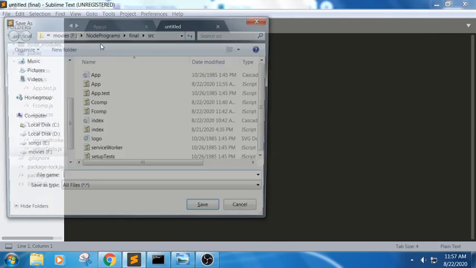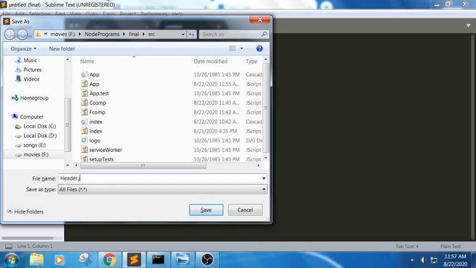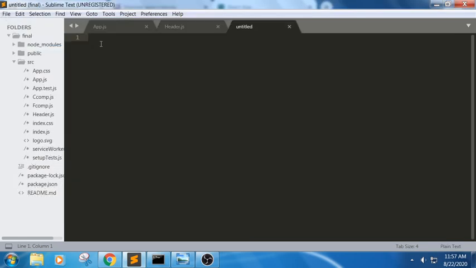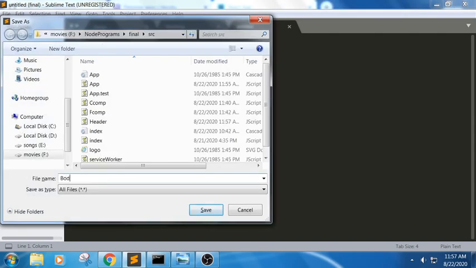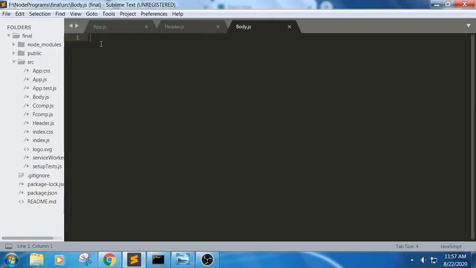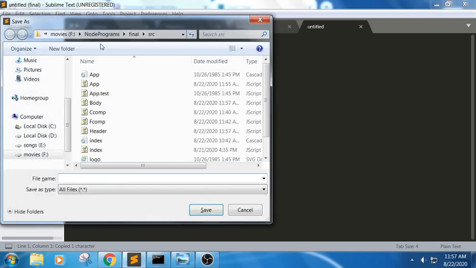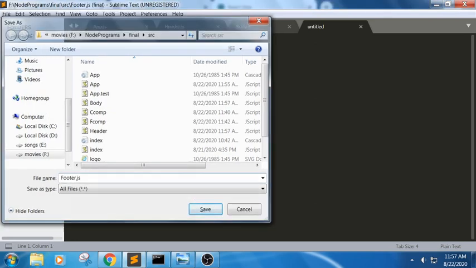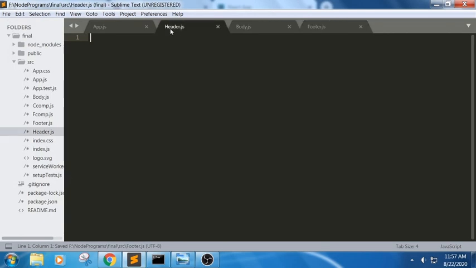First file, header part, header.js. Next one is body.js. Next one, we will try to make sure that this project will be updated live in this session itself. First one is header part. Next one is body part and next one is footer part. So for this example, we are trying to implement this using the API, reading those images and prices and displaying them in a web page. First, we will start with the header part.